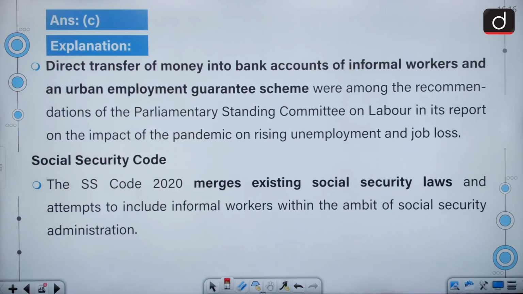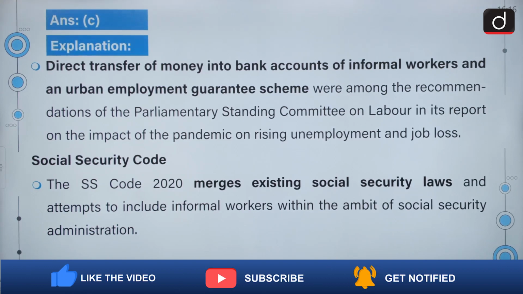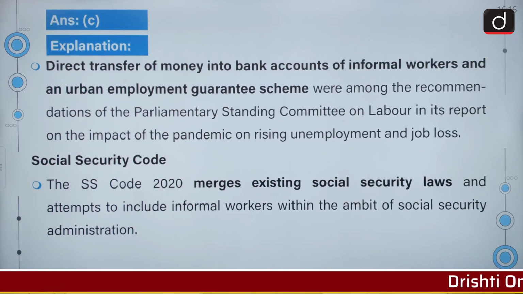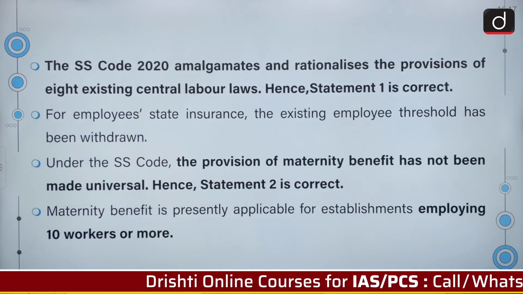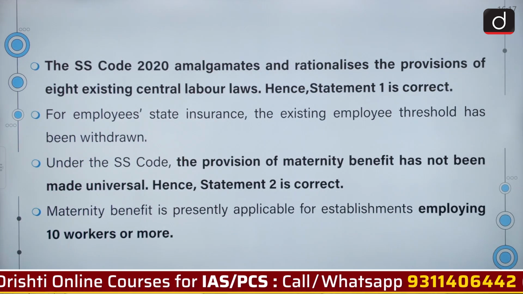Direct transfers of money into bank accounts of informal workers and an urban employment guarantee scheme were among the recommendations of the Parliamentary Standing Committee on Labour in its report on the impact of the pandemic on rising unemployment and job loss. The SS Code 2020 merges existing social security laws and attempts to include informal workers within the ambit of social security administration. The SS Code 2020 amalgamates and rationalizes the provisions of the 8 existing central labor laws,